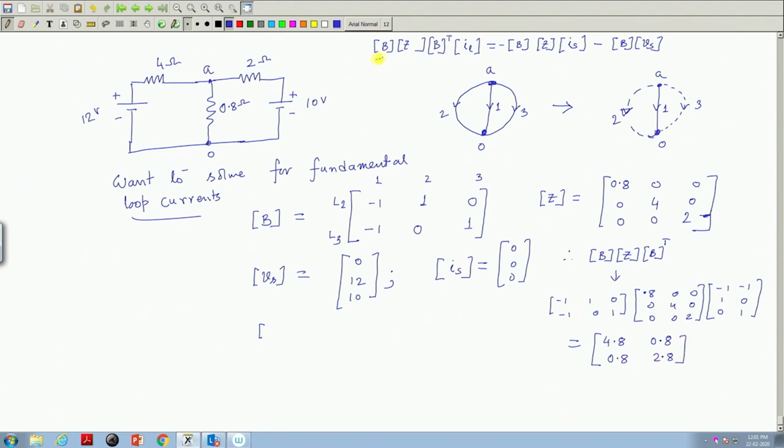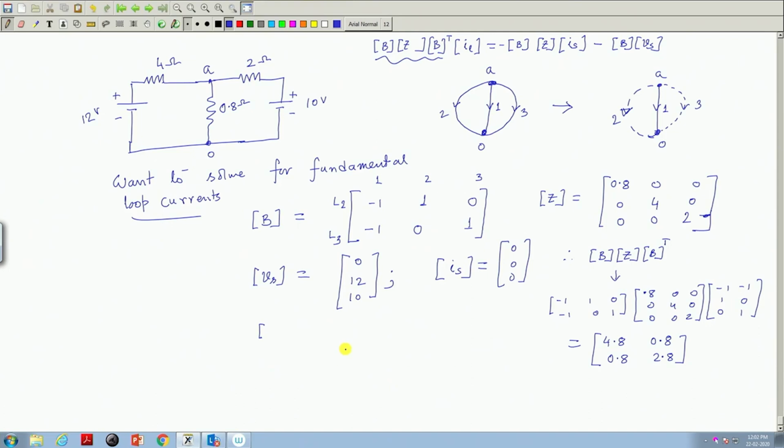This will be this calculation. Clear? Then I will say that IL will be equal to, then BZ you have to calculate,